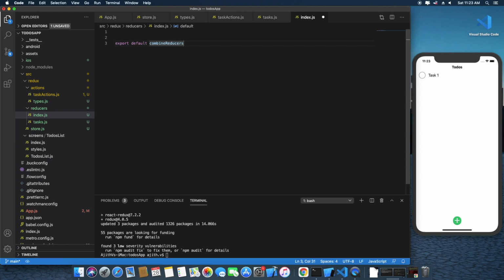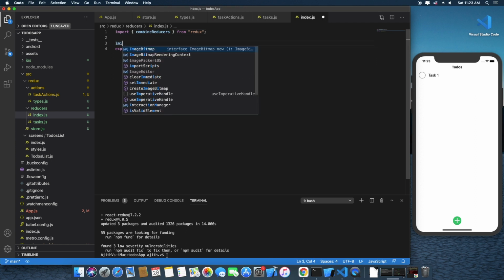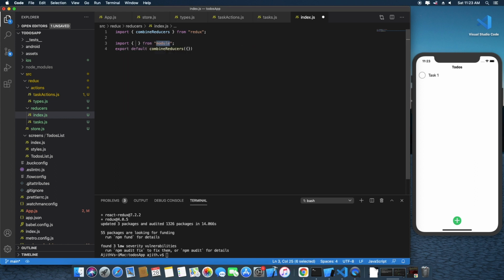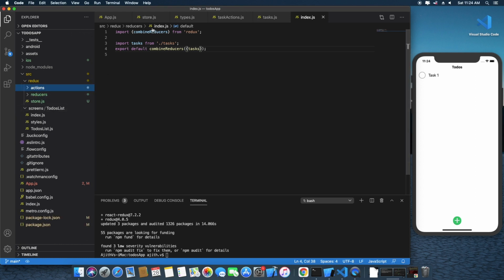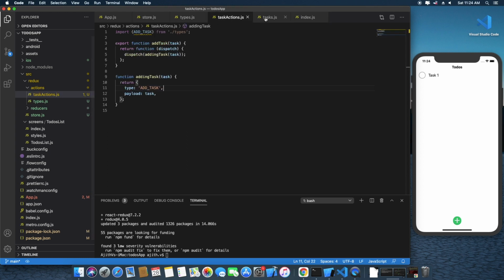Export default combineReducers and import our task reducer from tasks. We created our root reducer,